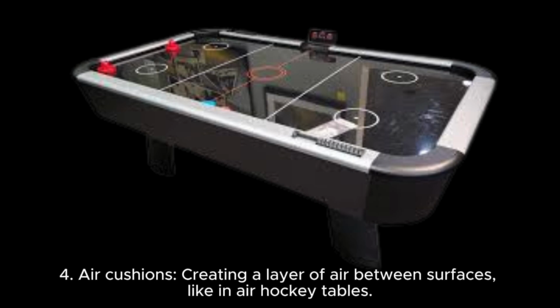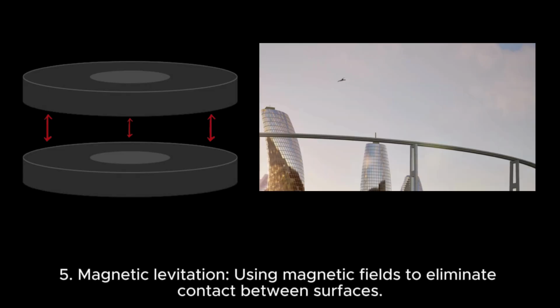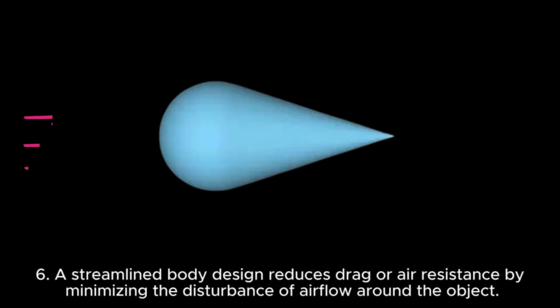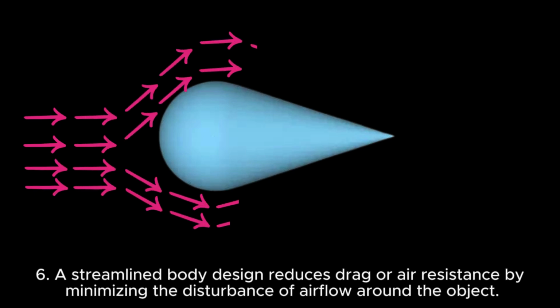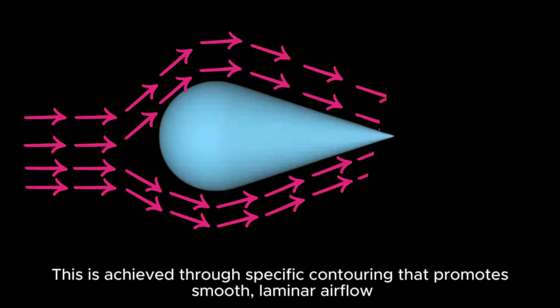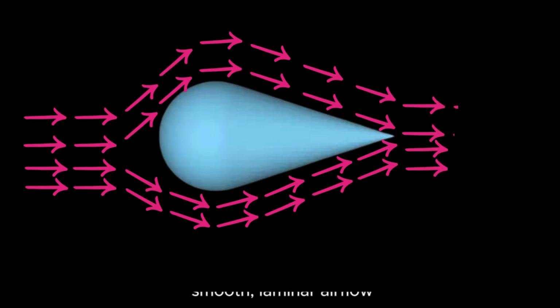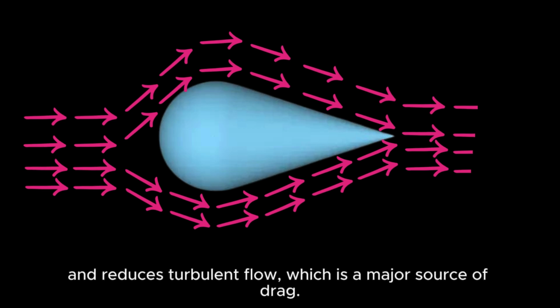4. Air cushions. Creating a layer of air between surfaces, like in air hockey tables. 5. Magnetic levitation. Using magnetic fields to eliminate contact between surfaces. 6. A streamlined body design reduces drag or air resistance by minimizing the disturbance of airflow around the object. This is achieved through specific contouring that promotes smooth, laminar airflow and reduces turbulent flow, which is a major source